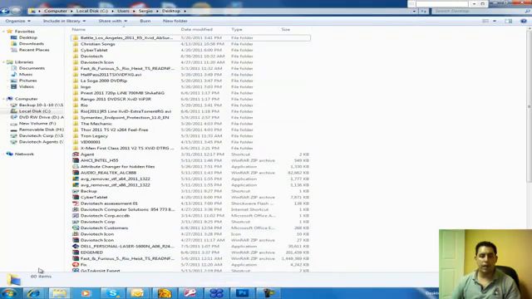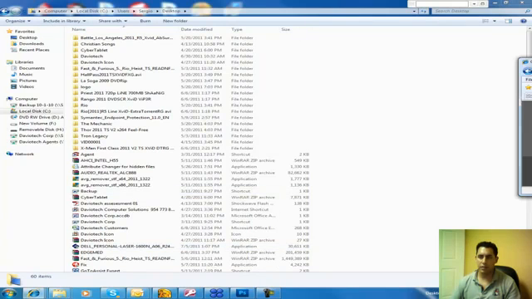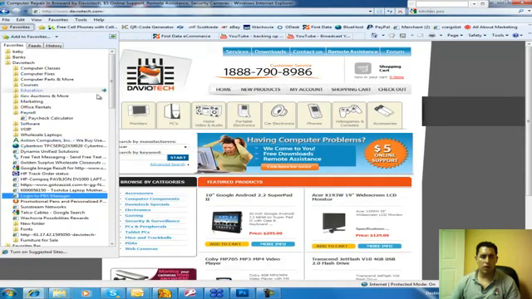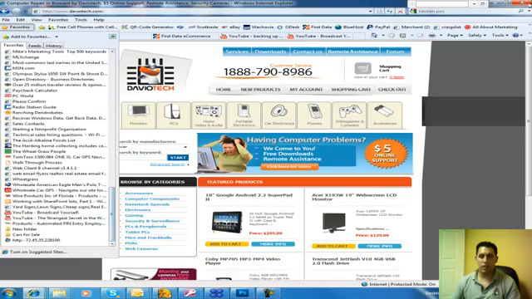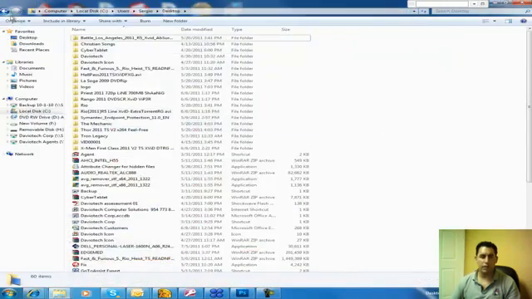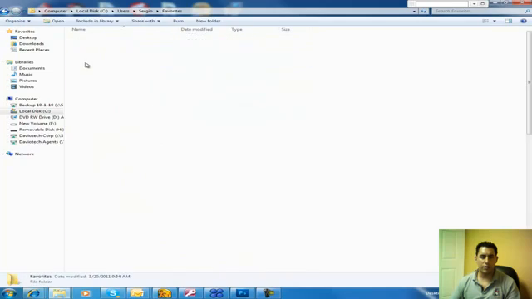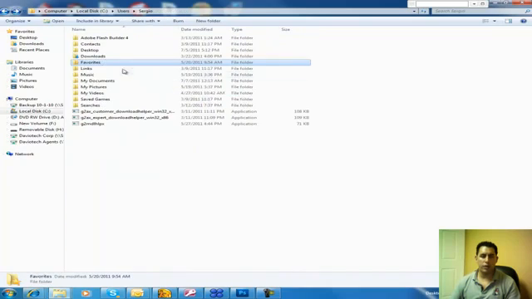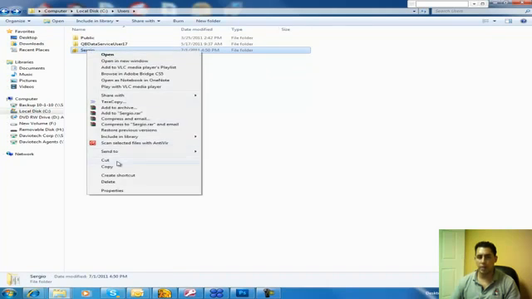See here. Now, if you're in Internet Explorer and you go to your favorites, all these links here are your favorites. You will find those here. So if I was to back up that folder, then pretty much I'm backing up my favorites, my desktop, my documents, pictures, my videos. So if I just go here, right click, copy, and then paste it in an external hard drive, I'm pretty